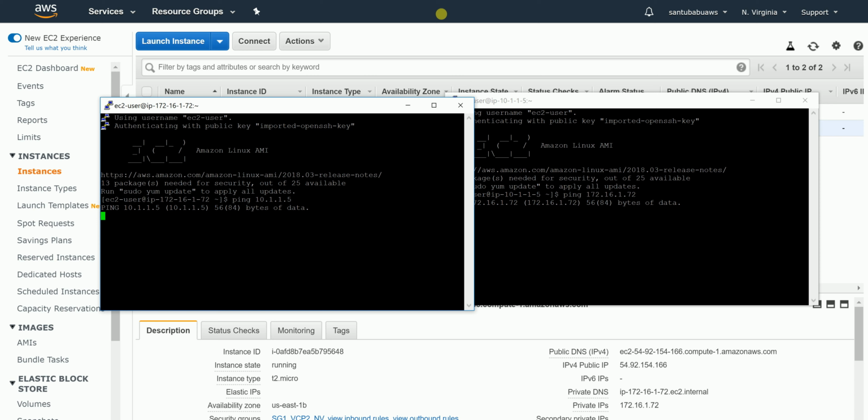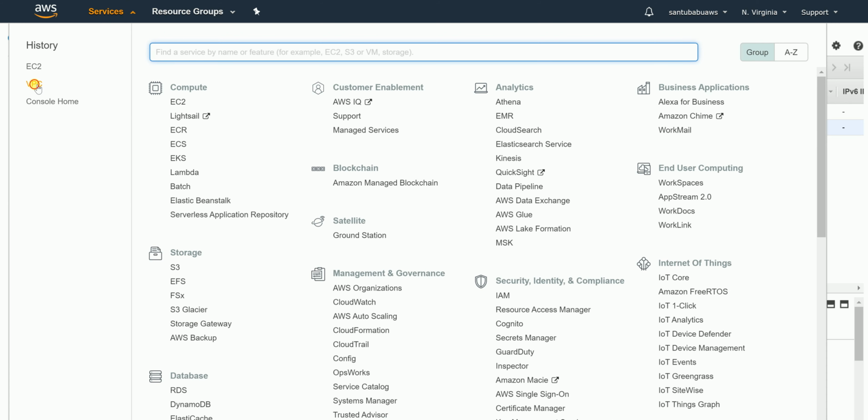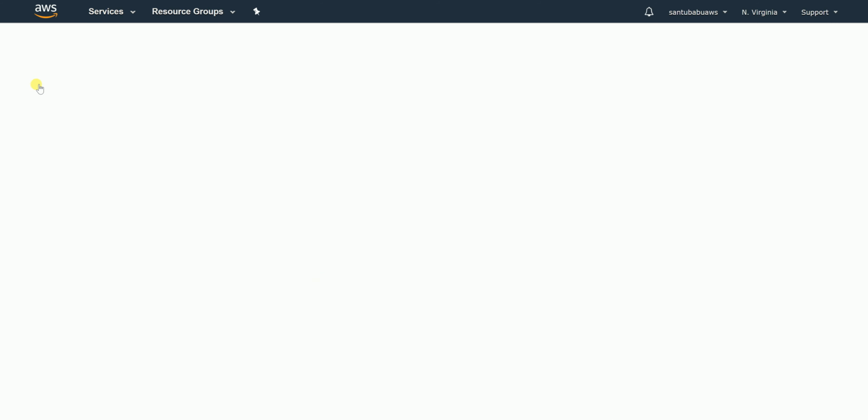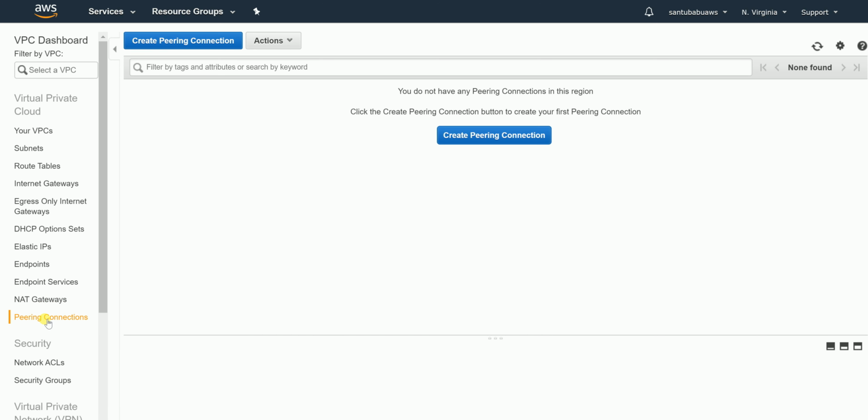We need to establish a VPC peering between both the VPCs in order to get them communicating. So let's go and create a VPC peering. Click on VPCs, scroll down, go to peering connections, create a peering connection,